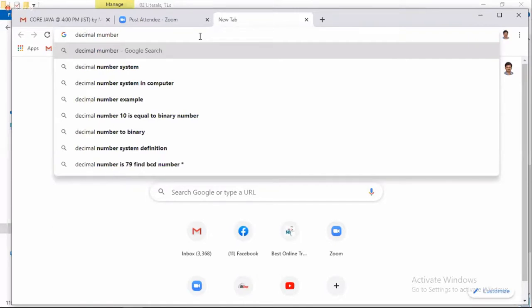Yeah, we have big decimal and big integer. Big decimal is representing floating point number, and big integer representing integer. Okay. Decimal number in Java.